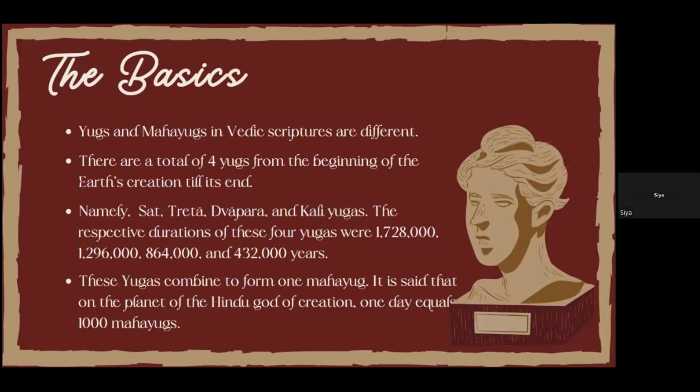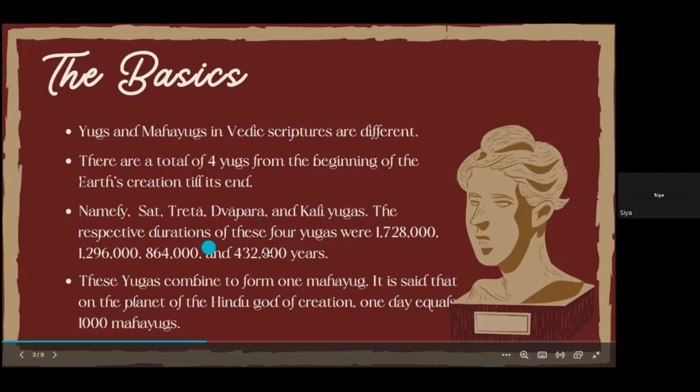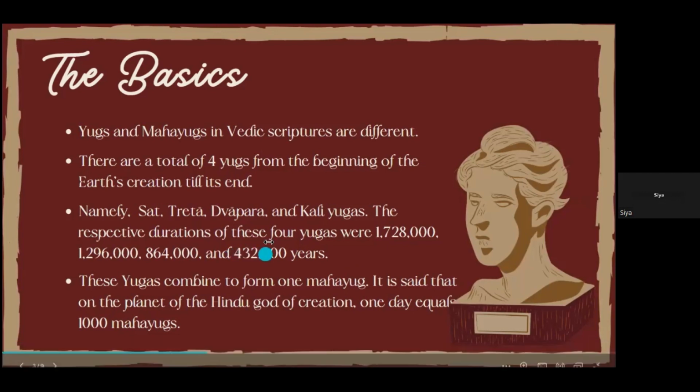Now, the Kali Yug is the shortest yug, and if you look at it in mathematical terms, you can take Kali Yug to be X, and the length of the Kali Yug is 432,000 years. Then the length of the Dwapar Yug would be 2x, Treta Yug would be 3x, and Satyug would be 4x. So as we go backward, we multiply by 2, 3, and 4. Satyug gets 4 times Kali.